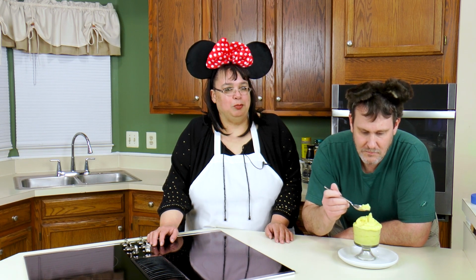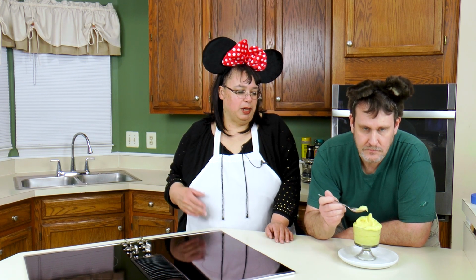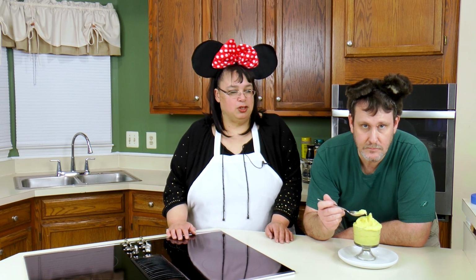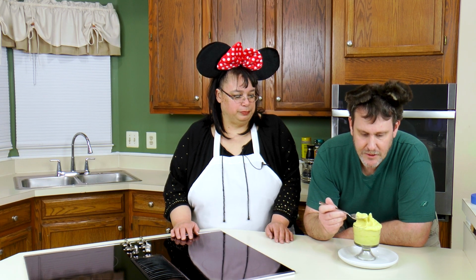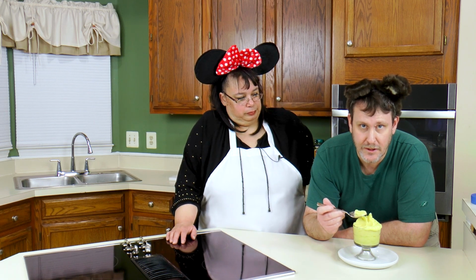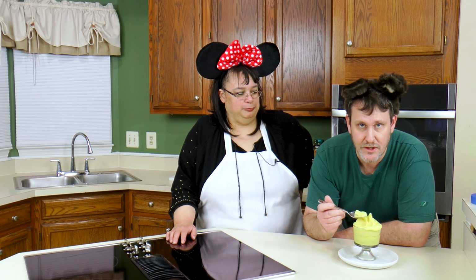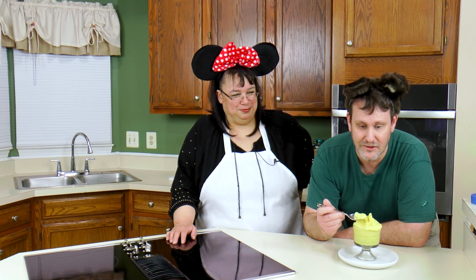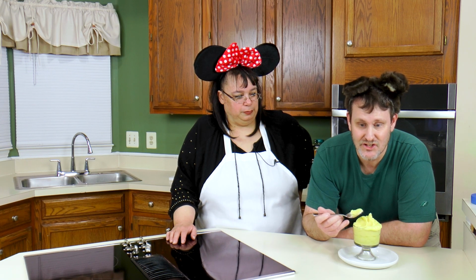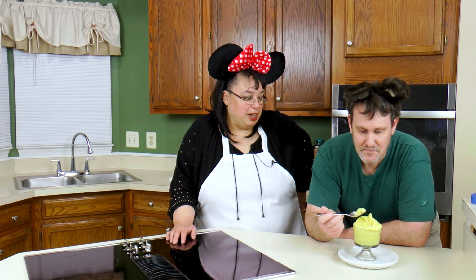You can't pipe it and make it look cute like you can in the park. You can put it in an ice cream machine, and so you might get a better consistency. After you blend it, throw it into an ice cream machine. At best, with a Vitamix, and I'm sure with maybe any other blender, you can make sorbet if you put enough frozen stuff with minimal liquid. But that still doesn't pipe very well, and it doesn't hold up at room temperature very long. You have to chill everything. You have to chill the jar. You got to chill the glass, everything you touch. Otherwise, it starts melting. So Eric is ready to enjoy his treat,